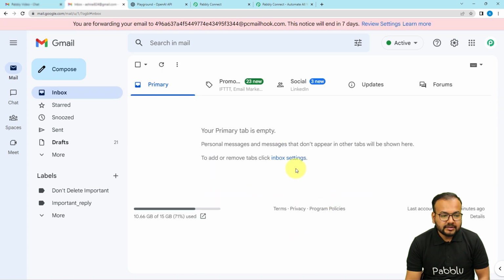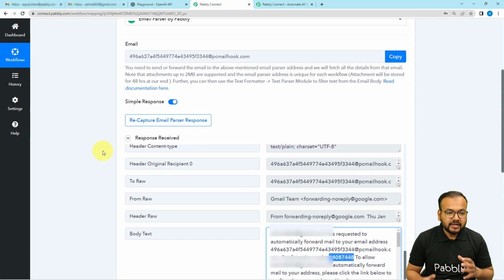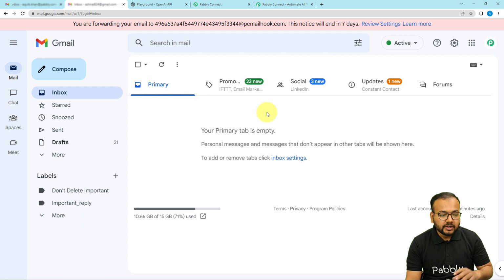Okay, so here you can see our emails are getting forwarded to this email parser's address. Now we are going to send a test email to this email address on which we have added the forwarder. So I'm going to use a different email application, Gmail application or Gmail account. Okay, and from that account, I'm going to send an email to this account in which we have added the